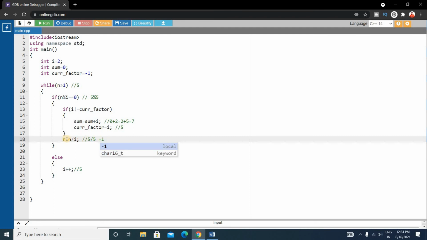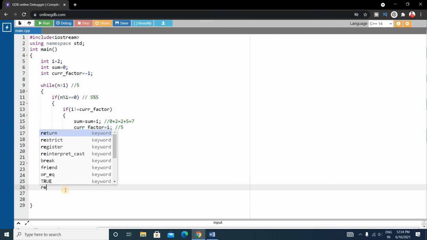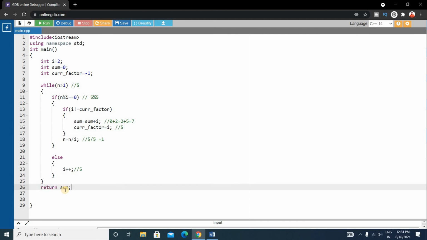Now our n becomes 1 and we'll go outside of this if condition, and else will not execute. We'll check the while condition: is 1 greater than 1? This is false, so we'll go outside of the while loop and return the sum. Our sum was 7, so we return sum. Okay, so this is the whole code.